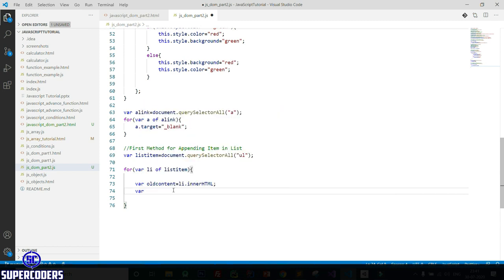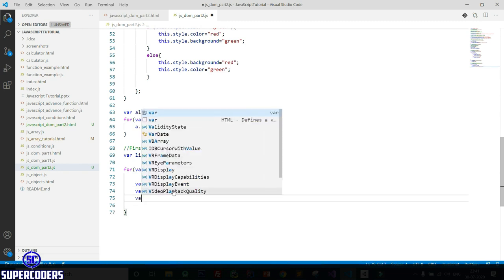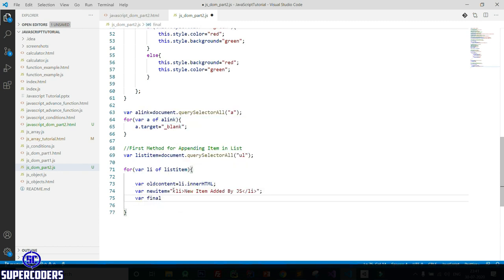Then create a new node. So let new item equal to li, new item added by JS, then let final content equal to old content plus new item.